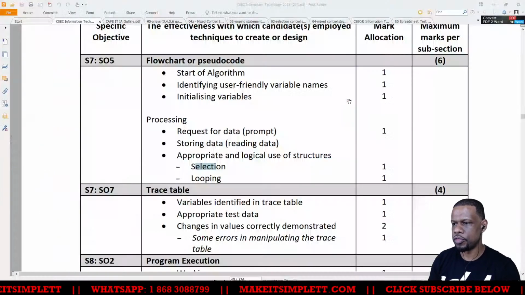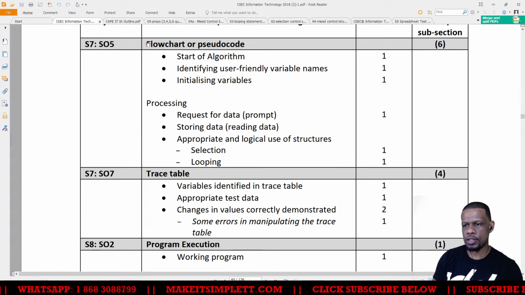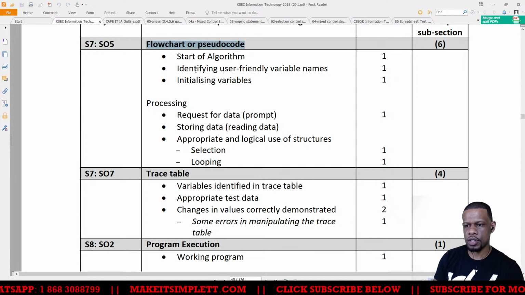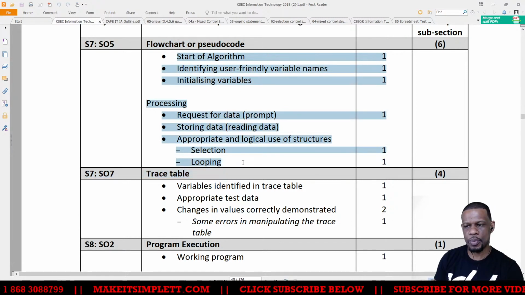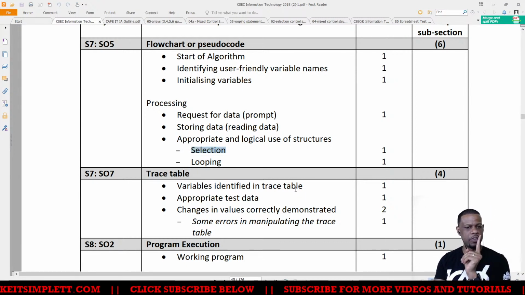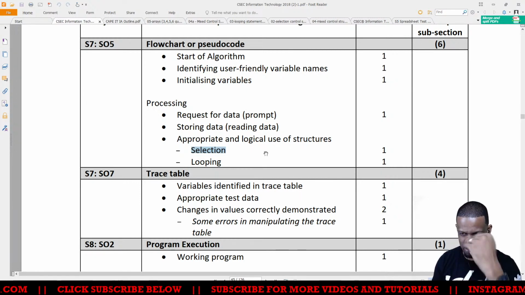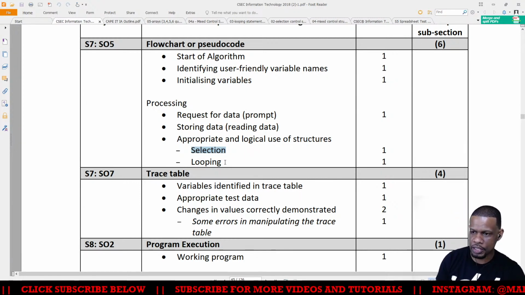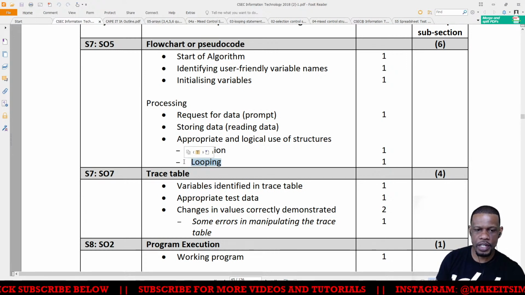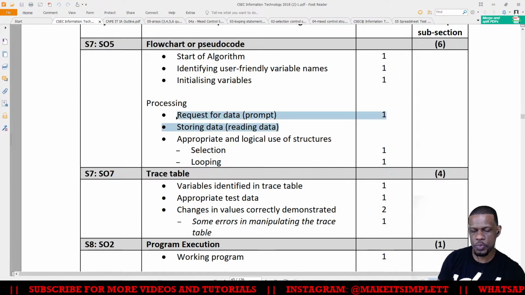So now, before I go on, let's check to see what we just did. We did flowchart or pseudocode. So I'll show you the pseudocode and I'll show you the flowchart. Same set of marks apply. You just have to show the selection in the flowchart by having the diamonds. I don't know if it's just one diamond alone you need in the flowchart that works, or you need all the diamonds to work. Christopher, you can tell me that in a year. I just hope all the diamonds are working. The looping, you have to show that the loop works if it's a while loop or a for loop, right? So when I'm reading data, those things must be in parallelograms.